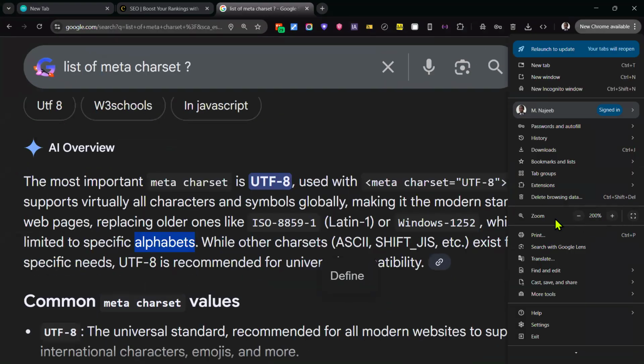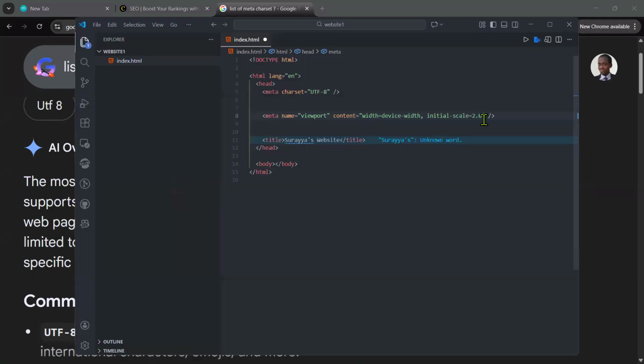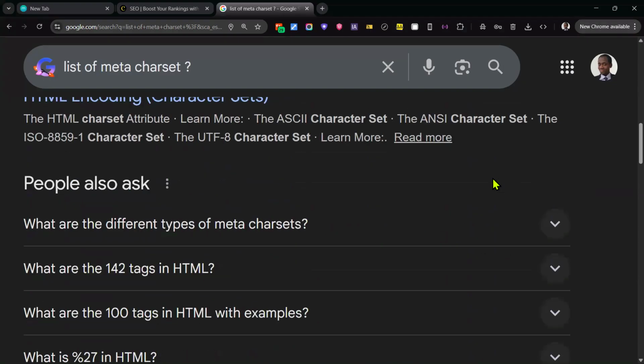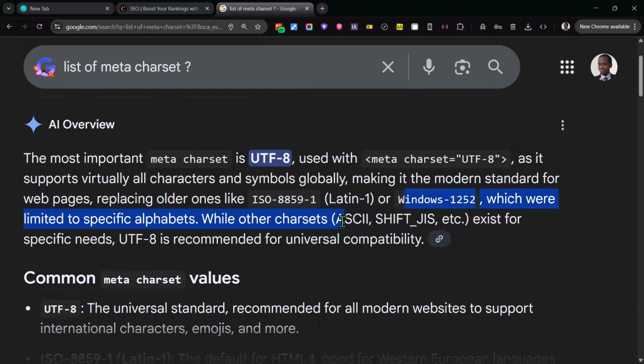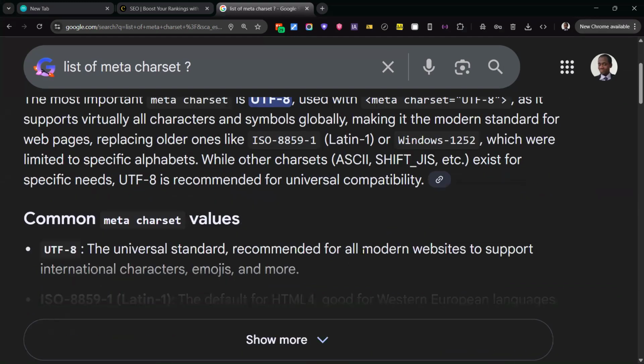So this is how 200 is, the initial scale. So you are building your website and you are starting the initial scale as 200. So you see how your website will look like. It is zoomed in. You see it is bigger. You can now see. So this zoom in is mostly normally the viewport of a phone